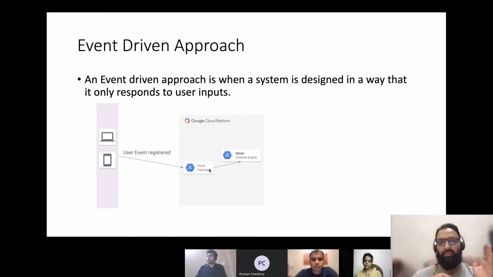So once we tried to store that name into the database, let's say that's the name of the topic, stored name into database, that topic got triggered and got published to the server. The server was like, okay, I need to store this payload that I got from the cloud pub sub function, and store this name into the database or do something with that name, whatever we have designed the server to do, and then sends a response back to the user. So this is a different approach of designing an architecture